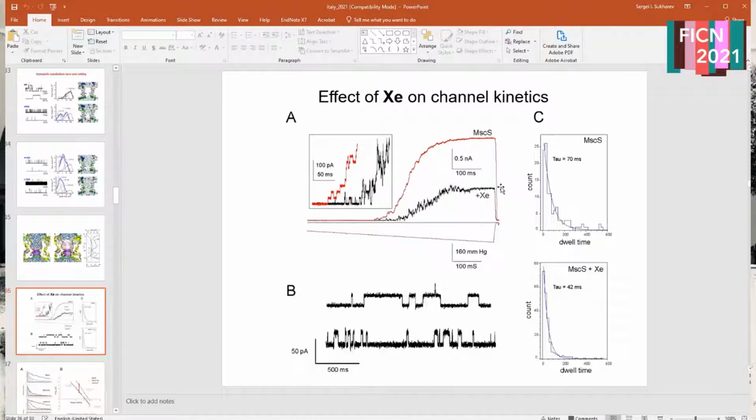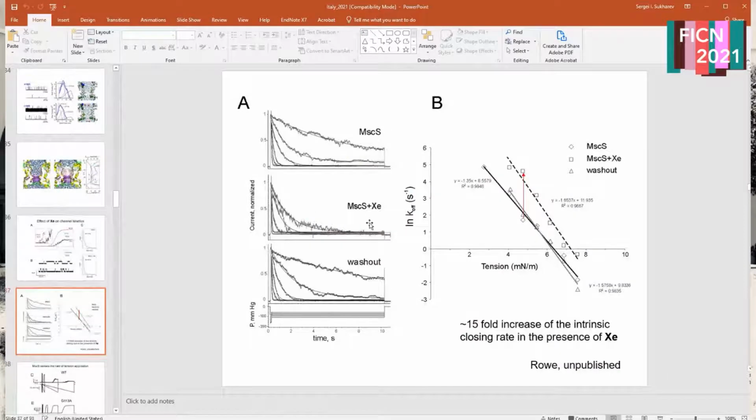decreases the amplitude and actually delays the opening, so that in the presence of xenon, it's a little harder to open channels. Some channels don't open at all. But also the dwell time changes. This is one realization, and another realization is this. So we studied